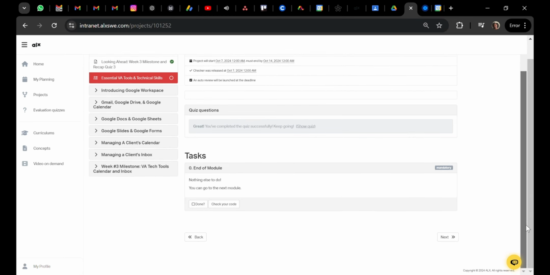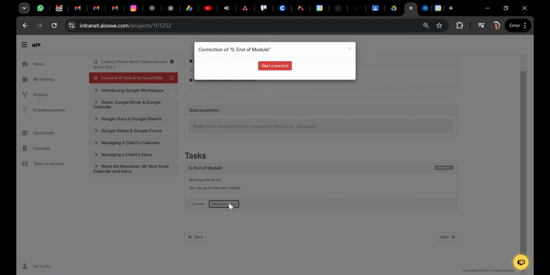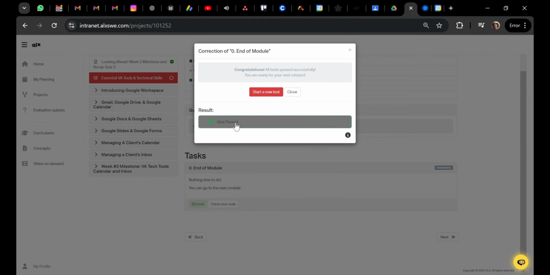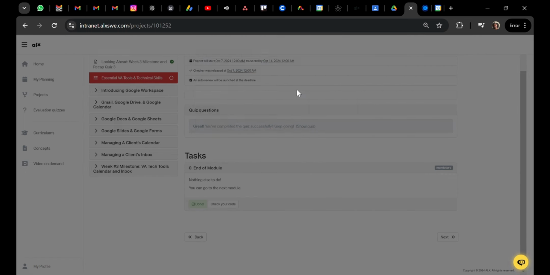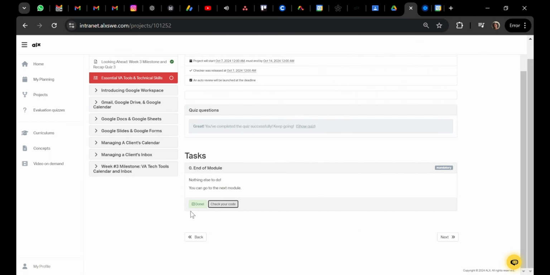And then after you've clicked that part of the quiz questions, it will open the tasks whereby you are also asked a question, and in this case you have to select some options. You have the option of done and then check your code. You have to check your code for the done option to be selected. That means you've completed the entire section. This is very important because if you do not do so, it will indicate that you've not completed that.